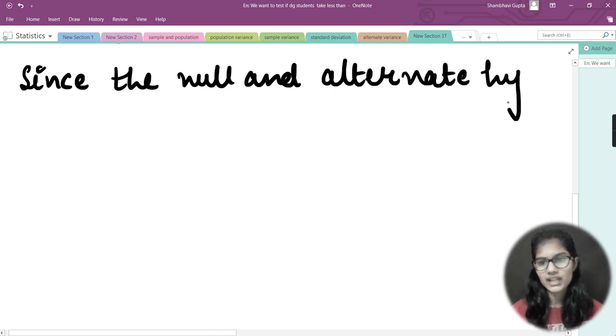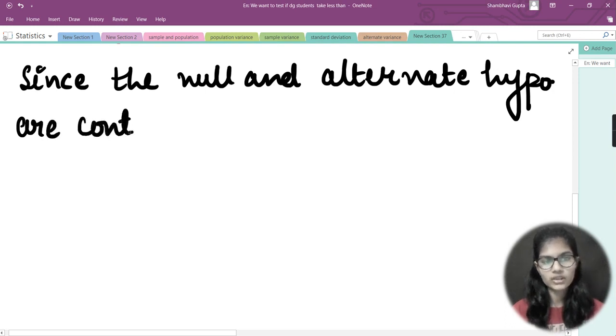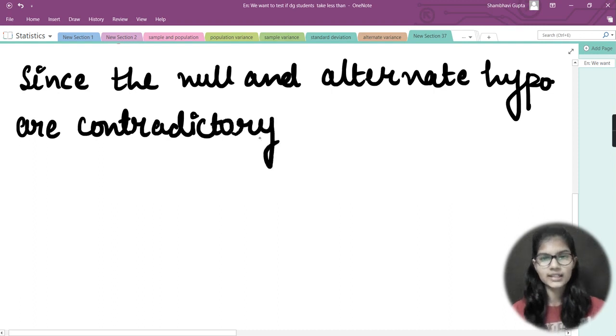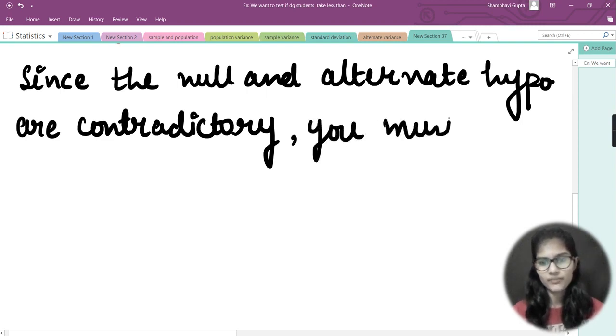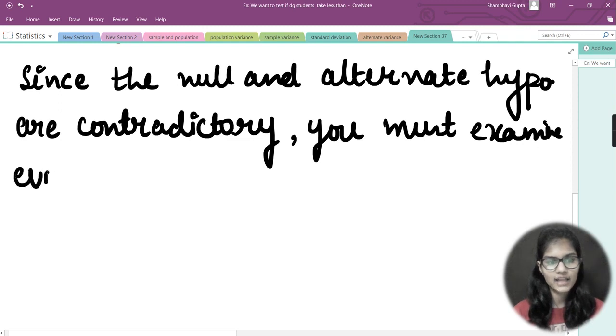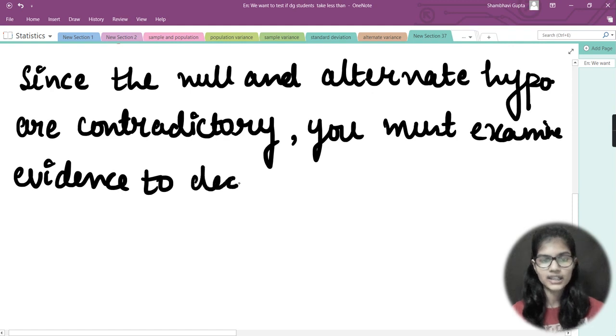Since the null and alternate hypothesis are contradictory, meaning crossing with each other, you must examine the evidence to decide if you have